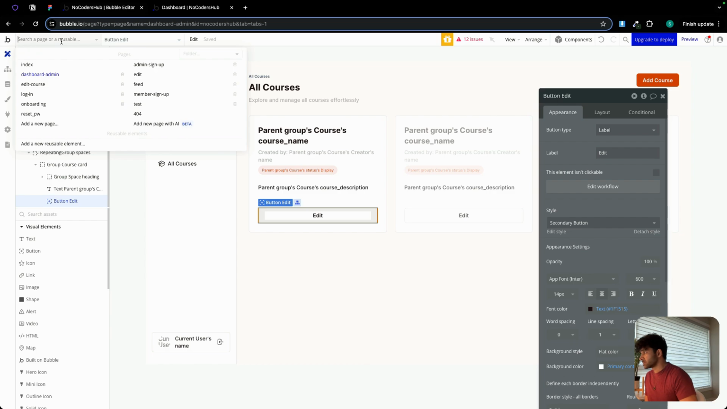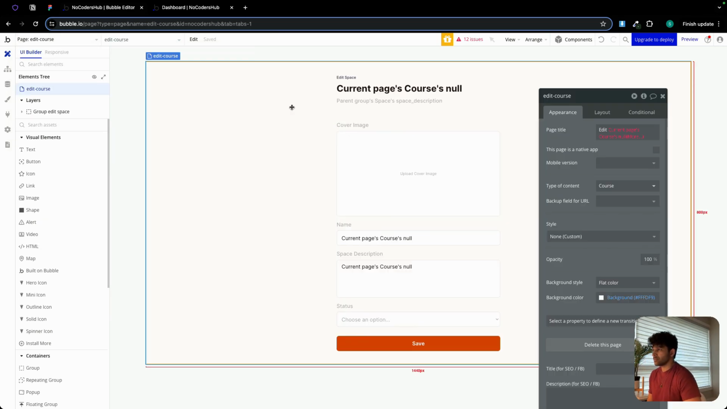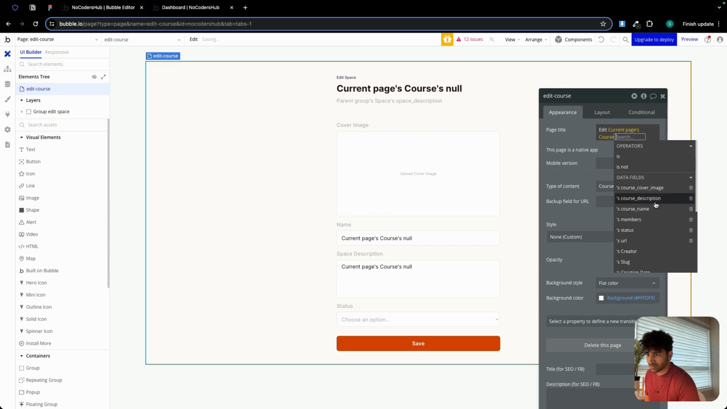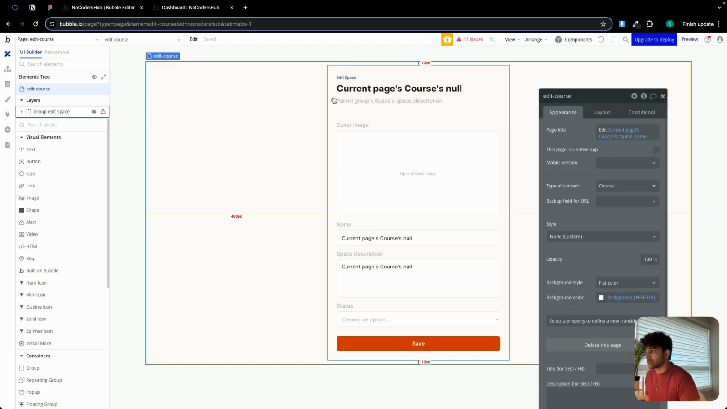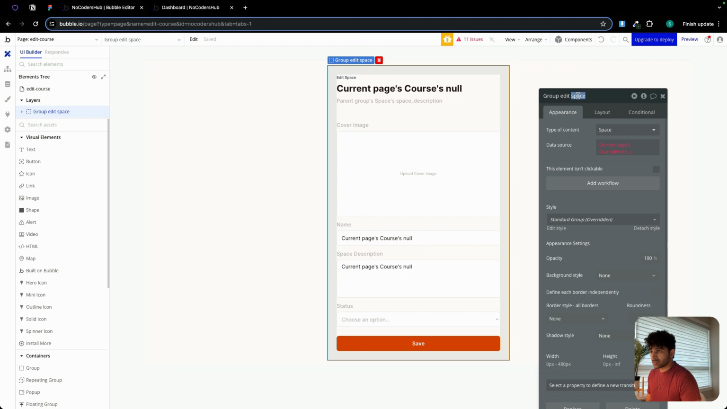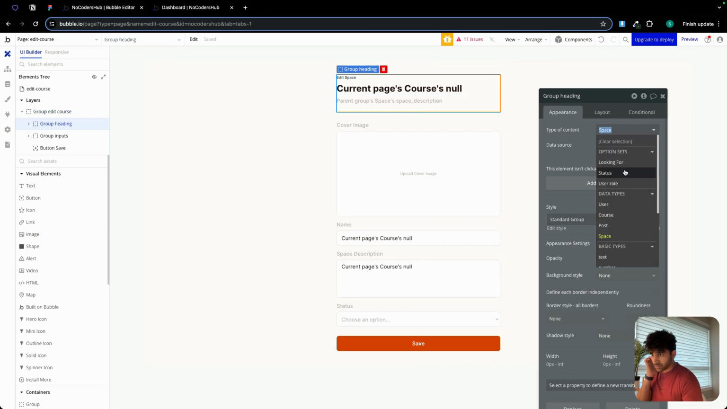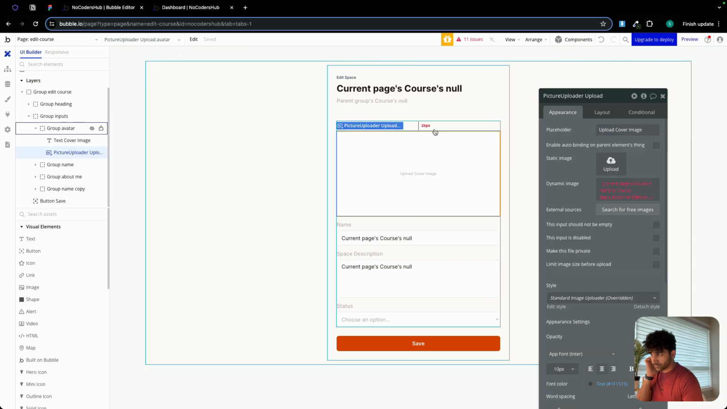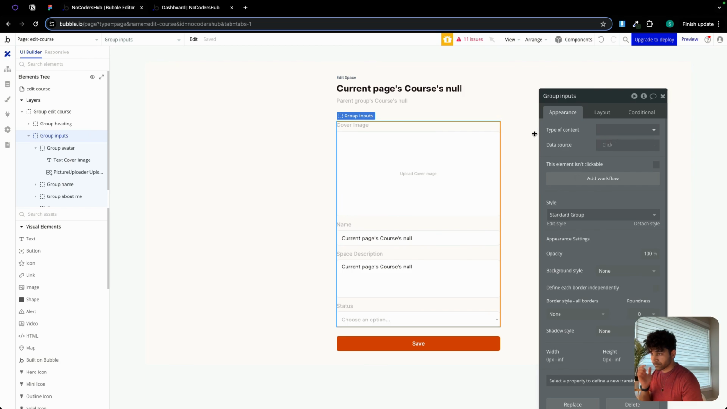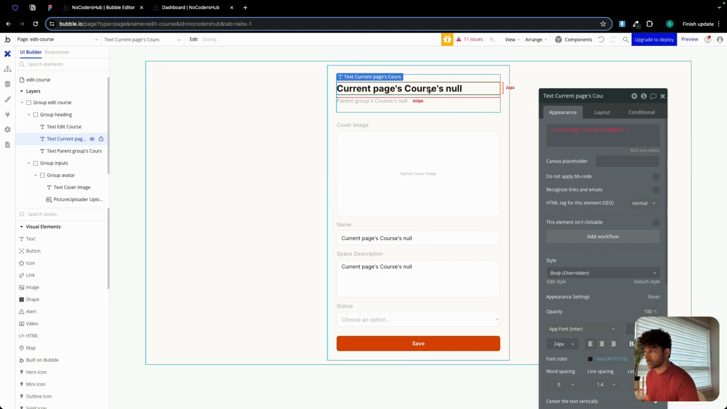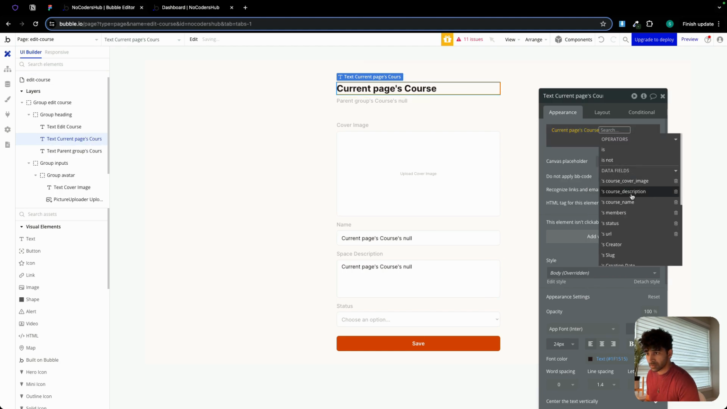All right, now let's head over to edit course. Let's see. This over here is going to be current page course name. Let's call this group edit course. Type of content is going to be course. There we go. Same goes with this group. All right. This is going to change to edit course, current page course name,